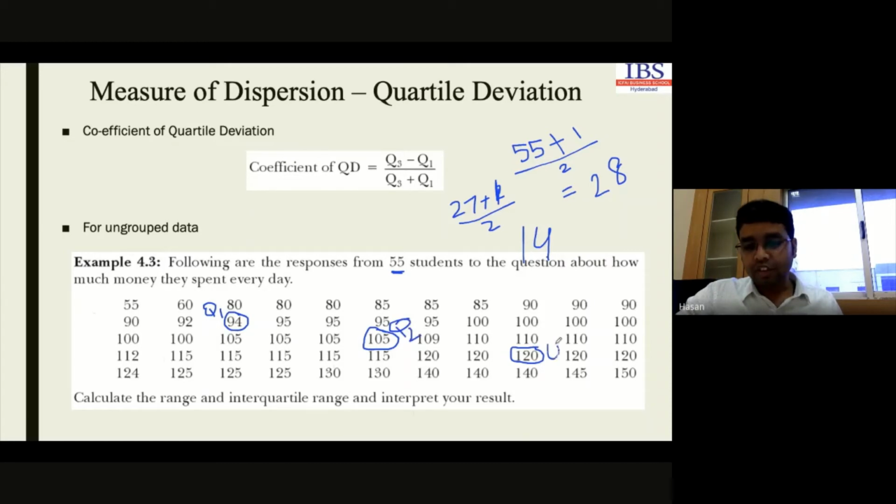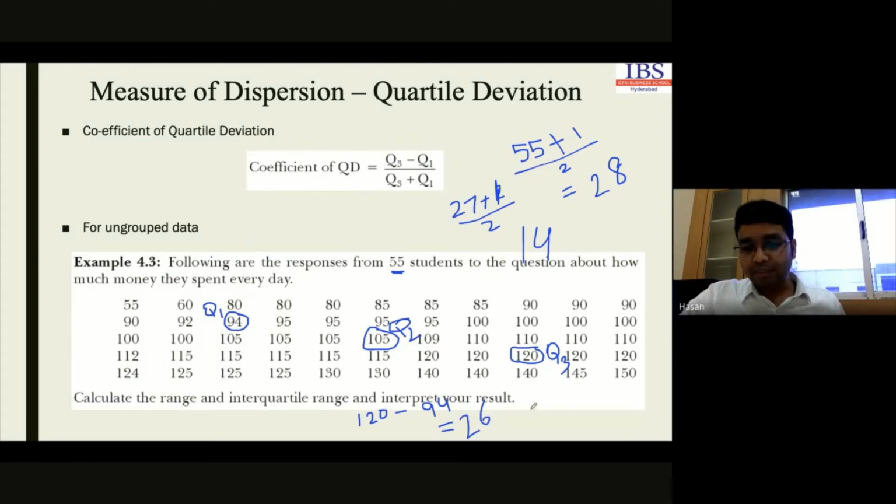Okay, third quartile value. So if we are concerned about computing the interquartile range, the highest, Q3, is 120. Interquartile range will be Q3, which is 120, minus Q1, which is 94. So this is our interquartile range. Okay. So how much will it be? 26.